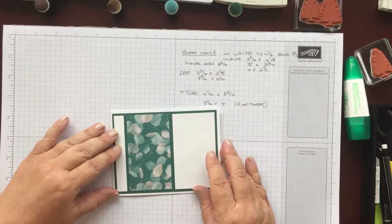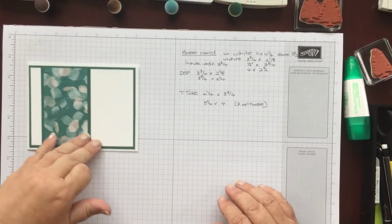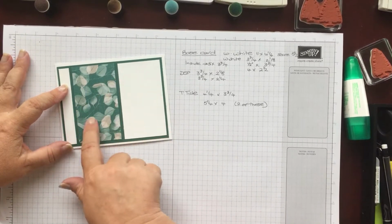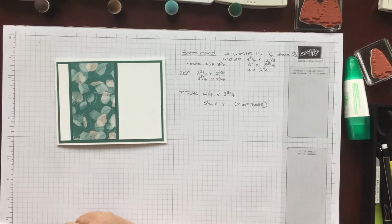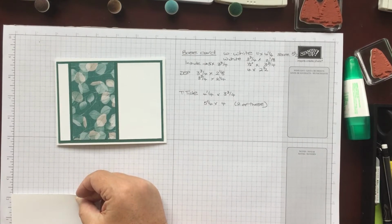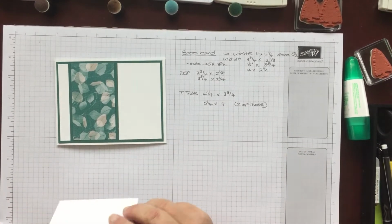Okay, so that's our front all finished. The next thing we need is going to be the picture that's going on the front. And for that, you need a piece of Whisper White, which is 3 3/4 by 2 1/4. And on it,